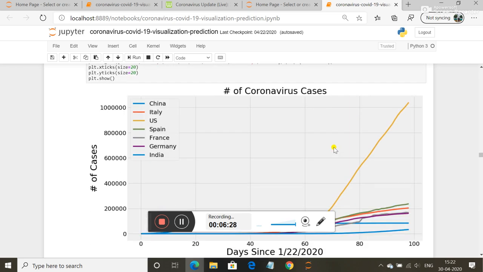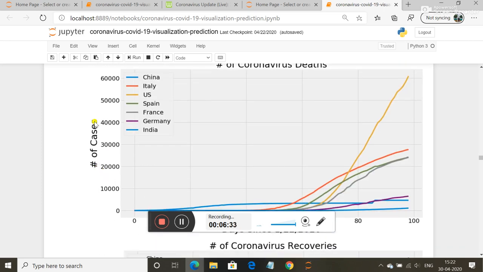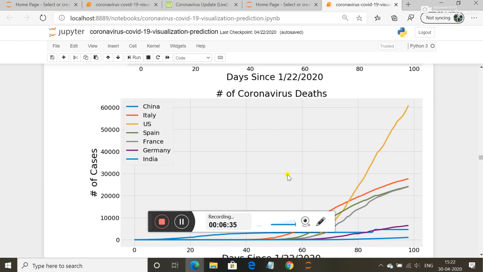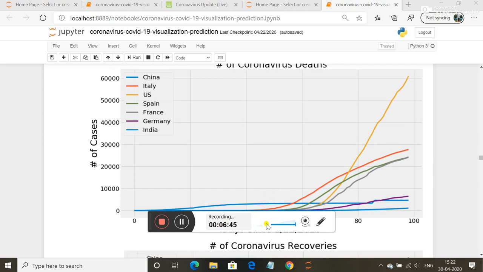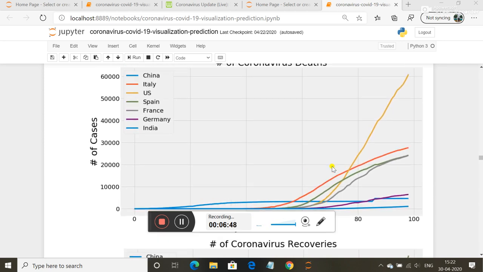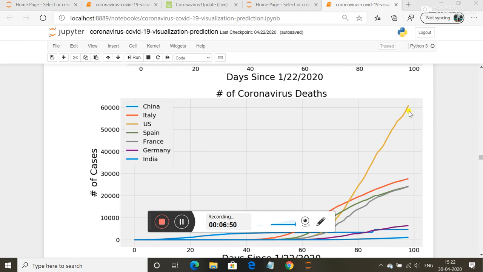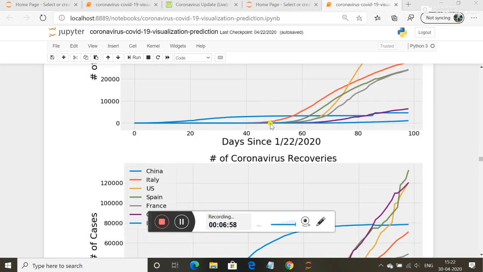Okay, so here it comes, and then here is the graph. If you see the graph, here is the number of cases, deaths. Okay, so now let us see the number of cases, deaths. China, Italy, US. If you see US, it is starting from here and it's going up to 60,000. So it's almost deaths. So today, after completing 100 days, and in the US cases started actually from Feb,